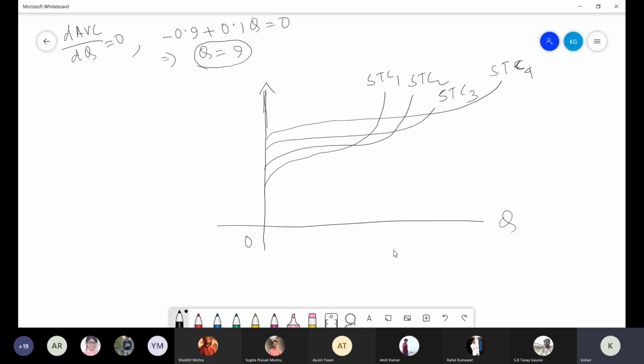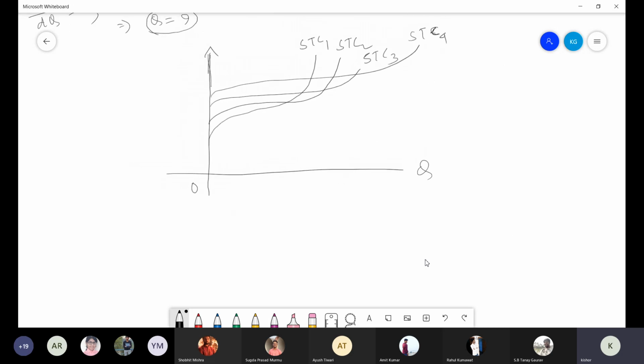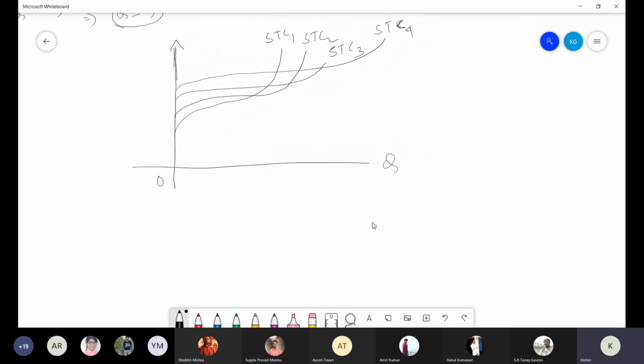Corresponding to all these values, you will get your average cost curve also. Suppose you are drawing it here. So here, in the first year, you get a cost curve somewhere here. Second year, as you expanded your level of output, you produce it here. Third year, again you produce it here. Fourth year, suppose you produce it here. So ideally, you try to produce here.